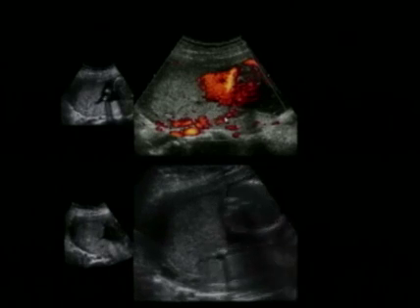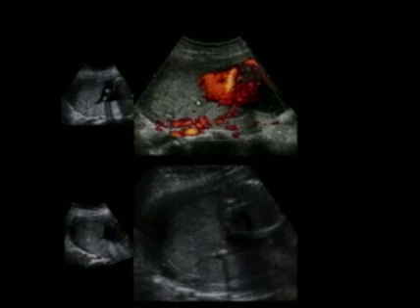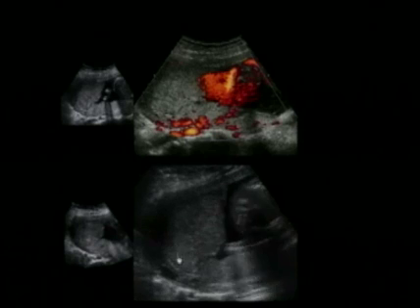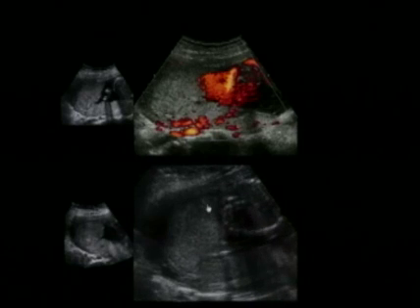So they did two things. They turned the color on, which shows that in the part that clearly looks like the placenta, there is color flow. In the part that looks different, there's no color flow. They also watched while the baby pushed up against it, and you can see that the placenta is quite soft. This area that you would first think of as a placenta is quite soft,